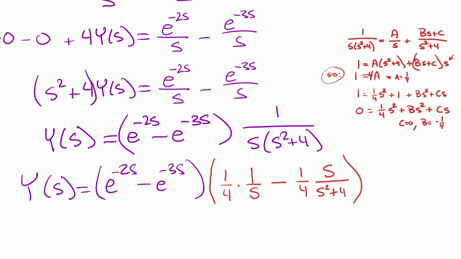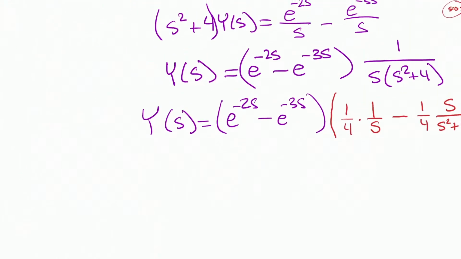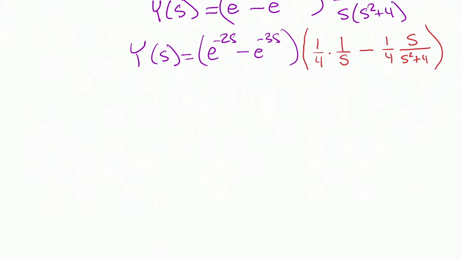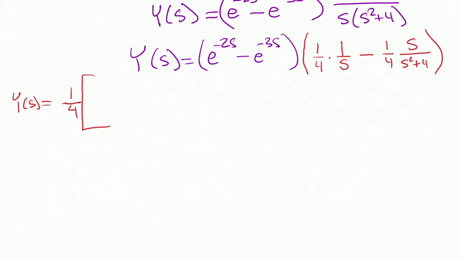But first, I need to spread everything out, because it's all condensed here. So let's spread it out so that we can have lots of room to do this. I've got Y of s is equal to 1/4 times all of this stuff, so I'll put a square bracket at the end as well. What's all the stuff that I'm going to multiply by 1/4? It's going to be e to the -2s over s minus e to the -2s over s. I know, so far, so much fun. Minus